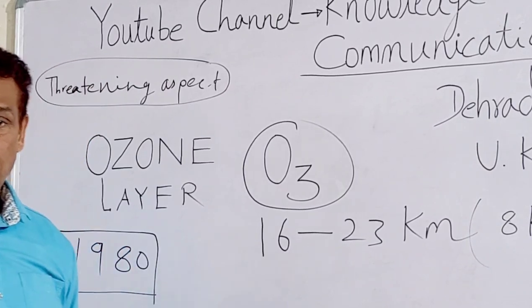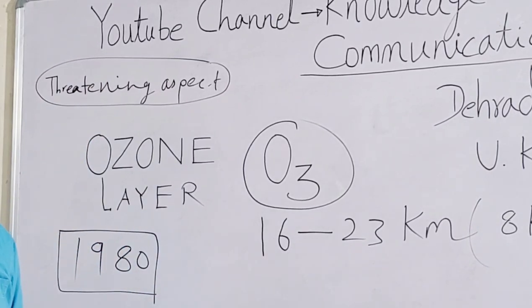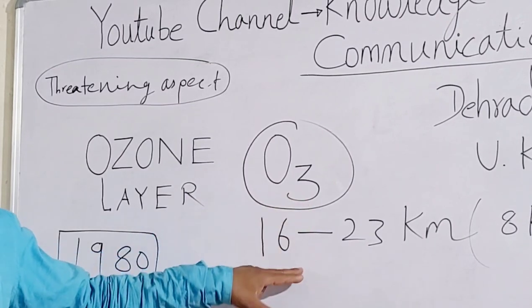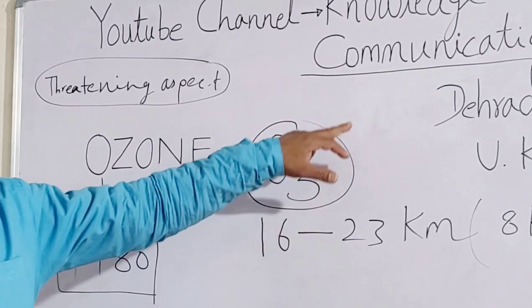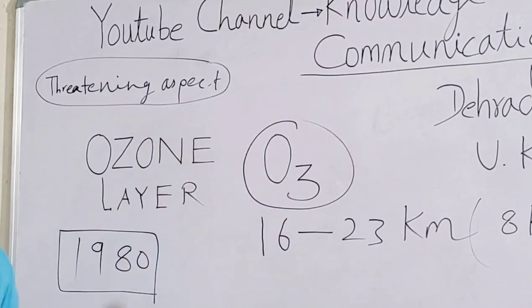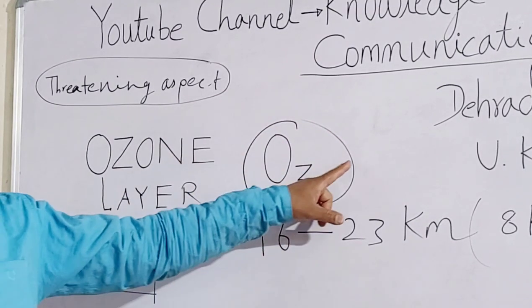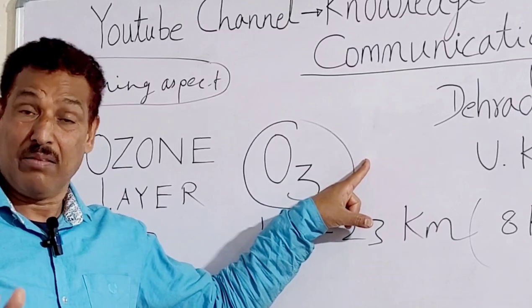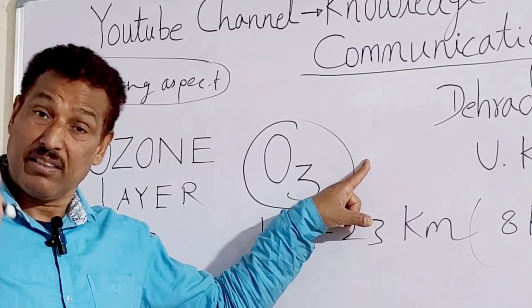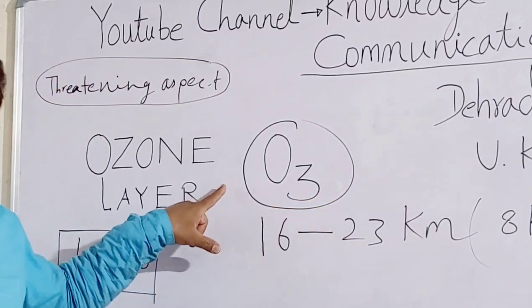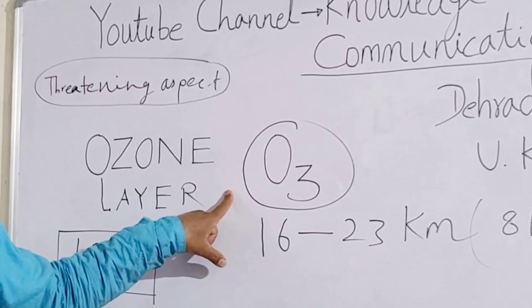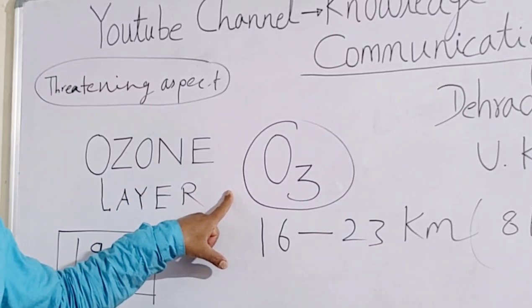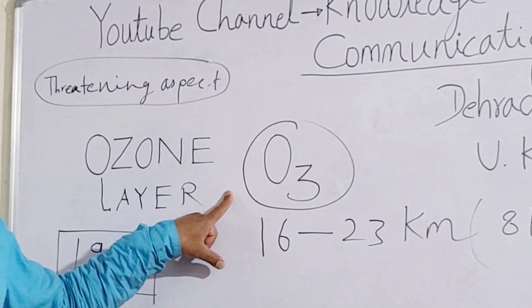We talk of science, it is the age of science, but in the age of science we are damaging ourselves, because ozone is a protection cover. This cover must remain intact. I must repeat it, loud and clear, that if we do not protect this, the biodiversity will be threatened severely.